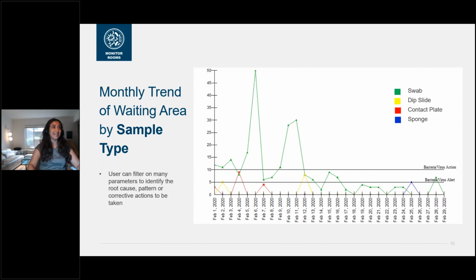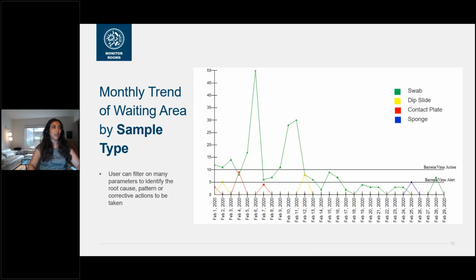And you can see we have peaks, for example, on February 6th of the swab, and we have a second peak on February 11. So as we change our procedures, as we perform cleaning, we're seeing whether that is effective and whether we're coming back down to acceptable levels through this graph,